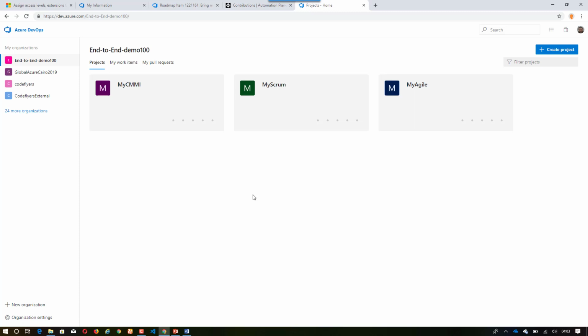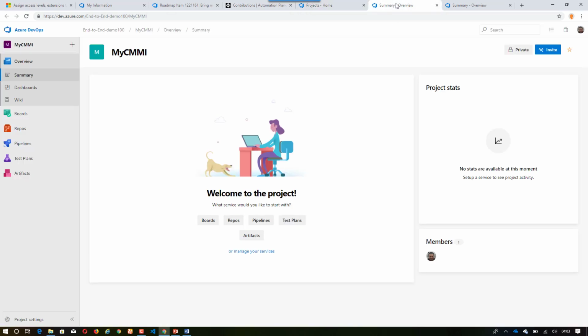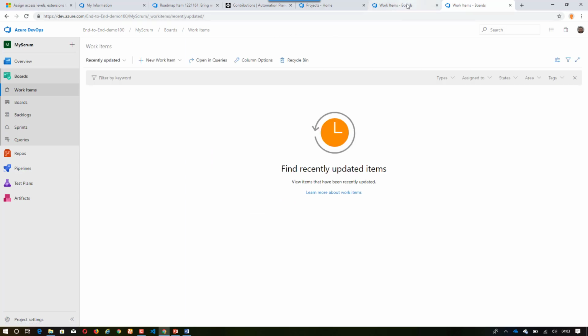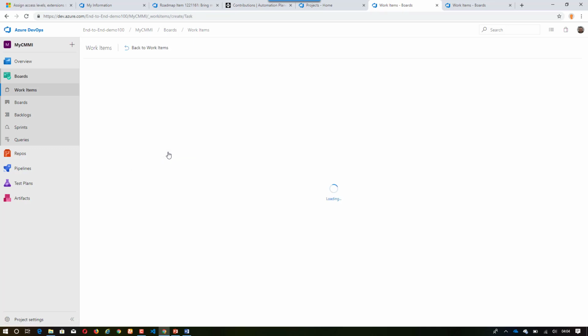So let's first see what the difference is between the process templates as a quick overview. Let's open 2 projects. If I come here and go to the work items, the same here for work items, we can see in CMMI we have many work item types. If we go here to the Scrum, we have fewer types of work items. Even if we talk about one work item like task, we have a task here and a task here, but even the fields are different. So for example, if we open the task here,